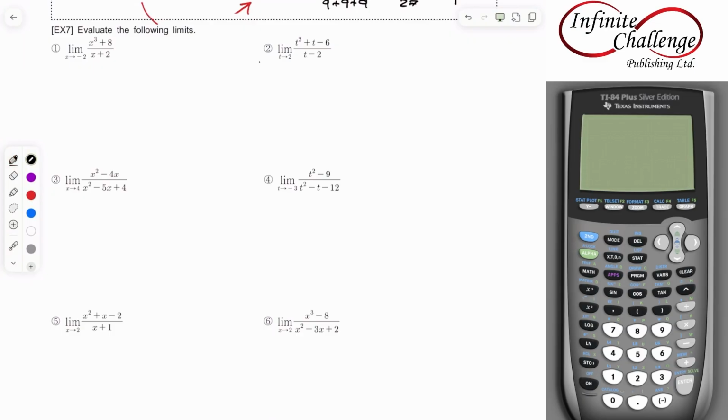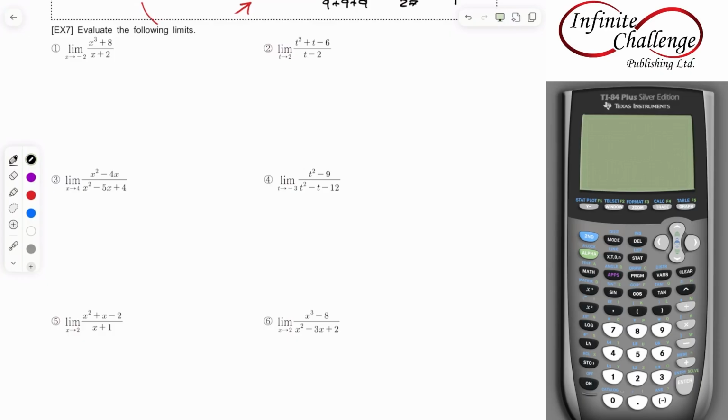Now, like I said, if we plug it in directly, I get that this is going to be negative 2 cubed plus 8 over negative 2 plus 2. Negative 2 cubed becomes negative 8 plus 8 over negative 2 plus 2, which is very much an indeterminate form that looks like 0 over 0. And so my brain should immediately say, hey, okay, maybe there's something that could be factored out, especially since it's